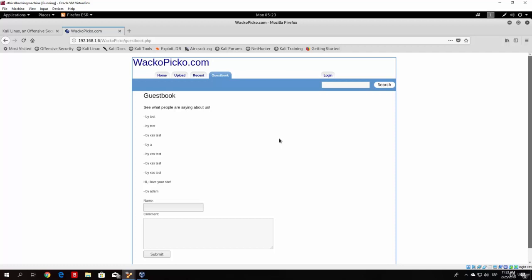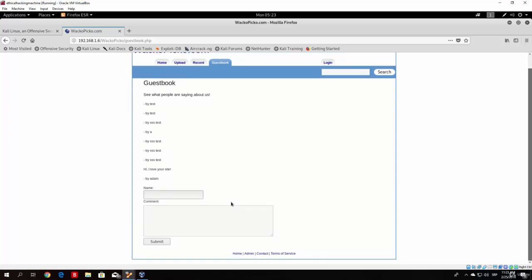And in the previous attack you would have to send that over a link in order for that window to show. Since that was a reflected cross-site scripting attack, this is a more dangerous version of cross-site scripting, and it will save the part of the code on the website, and it will show it to anyone who visits this page. So basically what I did here is XSS test,